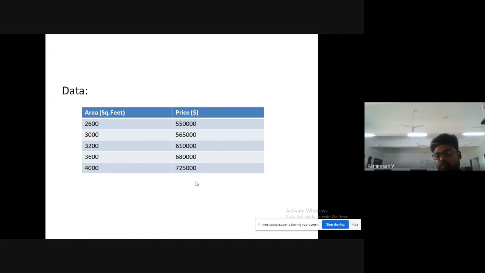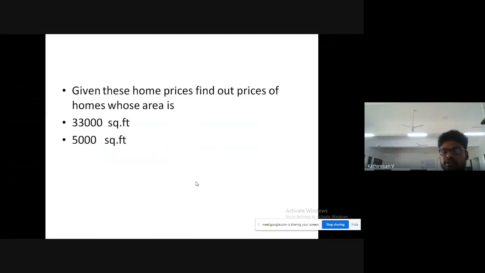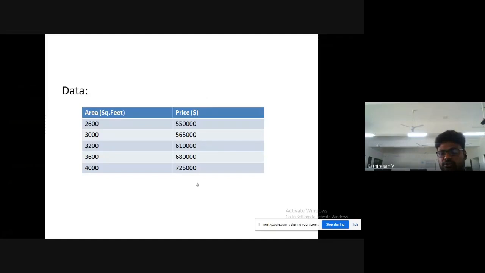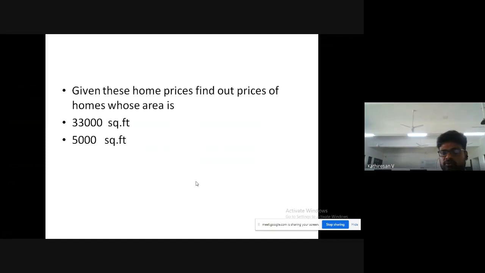What we are going to do is predict based on this data. We are going to give this data as training data to the linear regression algorithm. Based on this data, we are going to find what the price is for 33,000 square feet and for 5000 square feet.